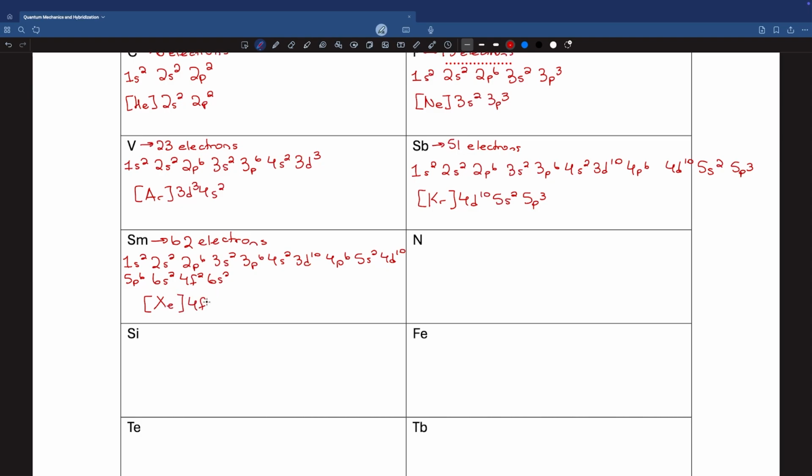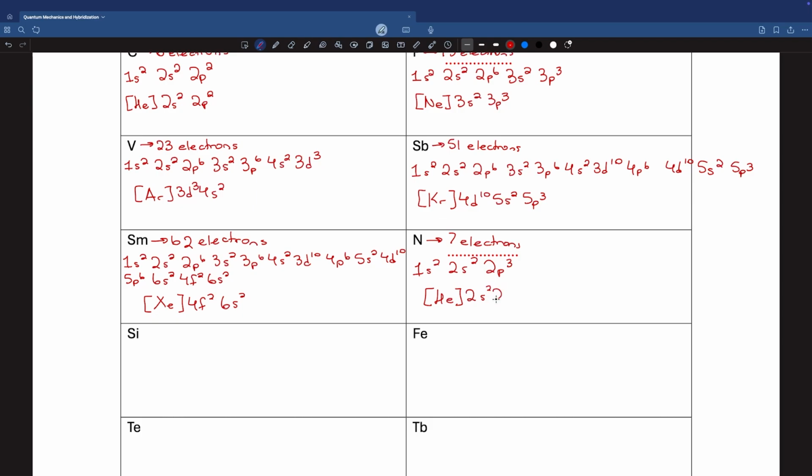And it ends up having 4f2 and 6s2. Nitrogen, kind of a little break from the big elements that we've had in the past maybe 2 examples, has 7 electrons, which means we'll start with a 1s2, and then the 2s2, and this is 4 electrons, which means we need only 3 more, and so we'll have an unfilled 2p orbital, and the greatest noble gas, which has less electrons than nitrogen, is helium, and it stays